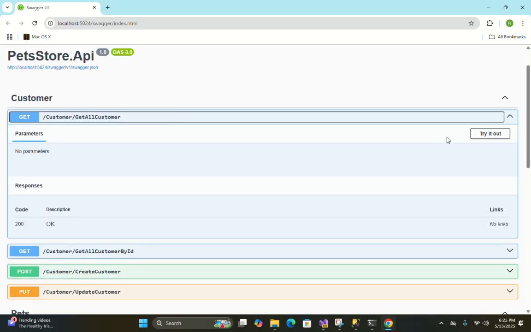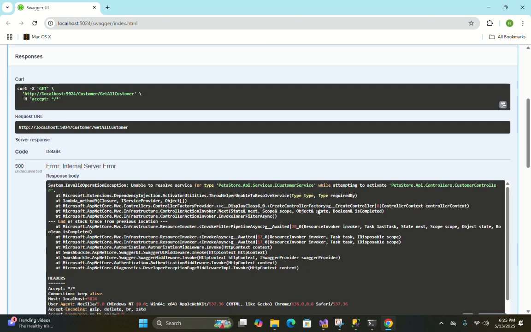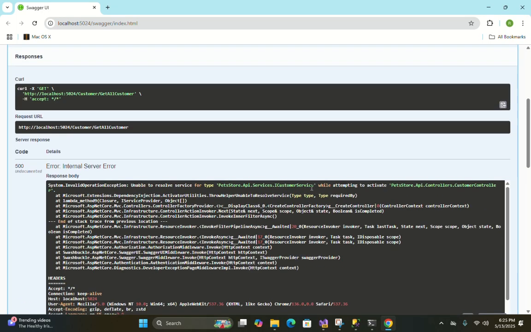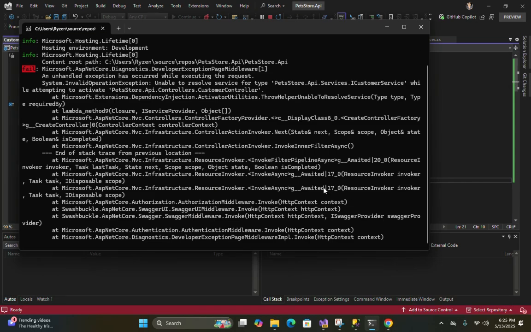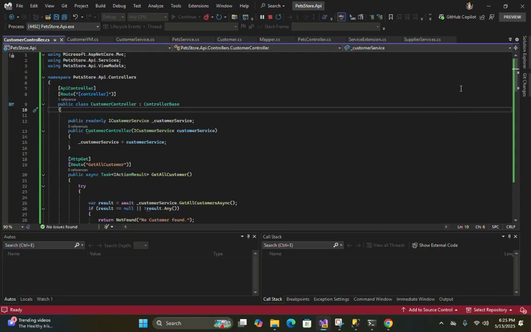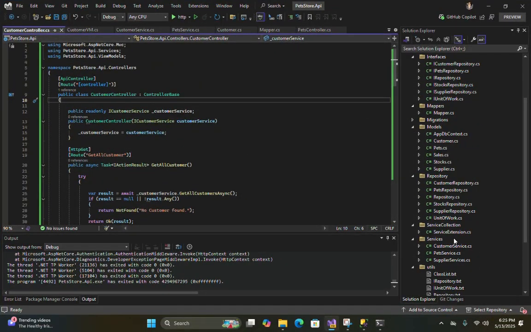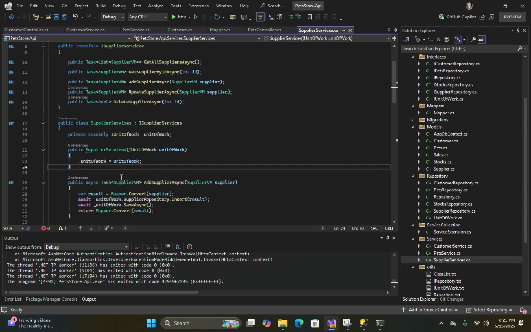Let's get the customer first, execute it, and we got the error. It is saying internal server error. I have told you, after we have made our service right here, we need to register our service.